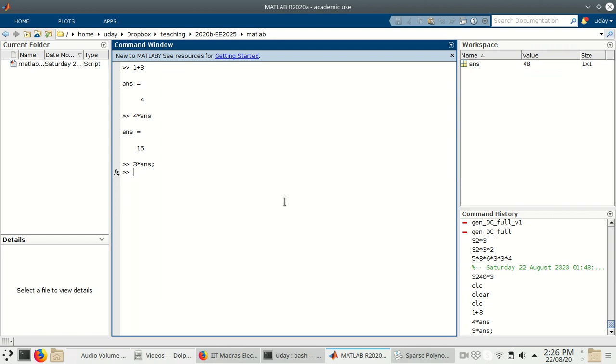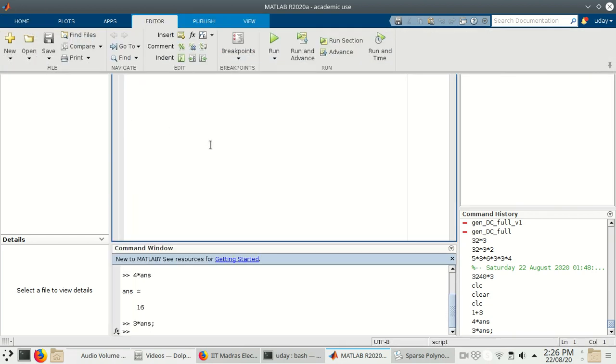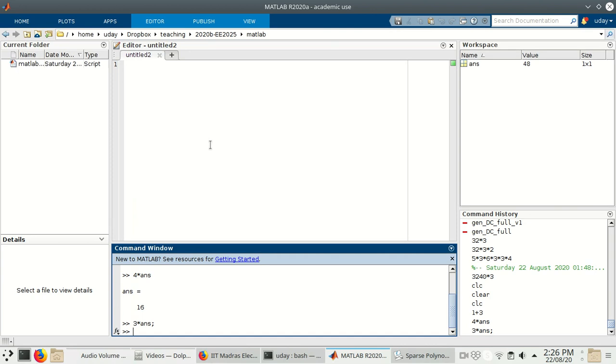Okay. So you can imagine at the very basic level this acts like a calculator, but we are not actually interested in a calculator. We want to use the programming functionality of MATLAB. Right. So let's get started by creating a script file where we can store all our commands so that we don't have to type them in again and again. So let's go to home and let's hit on new script. Okay. So a new script has opened up over here